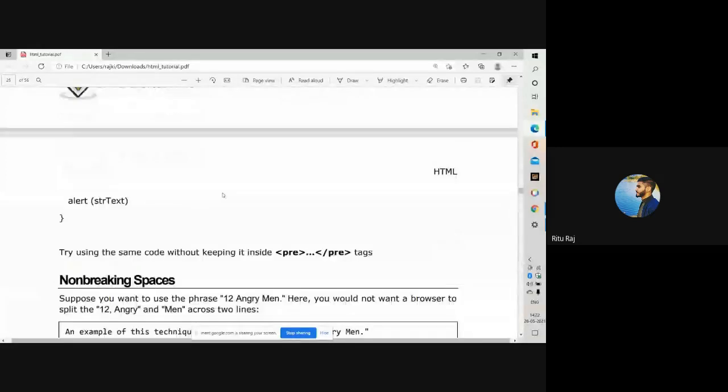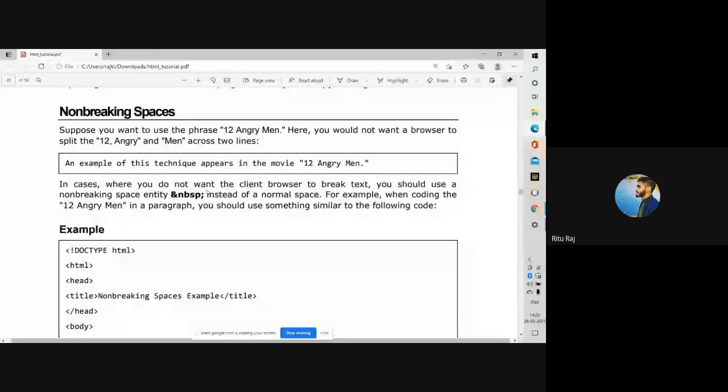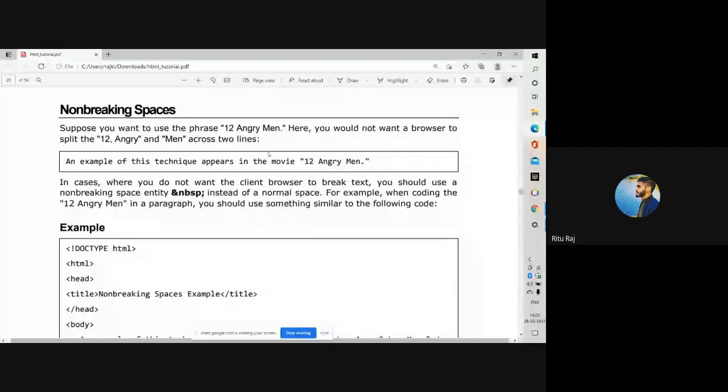Now, non-breaking spaces. Suppose you want to use a phrase which is given here, any phrase, and you would not want the browser to split the phrase between two lines.